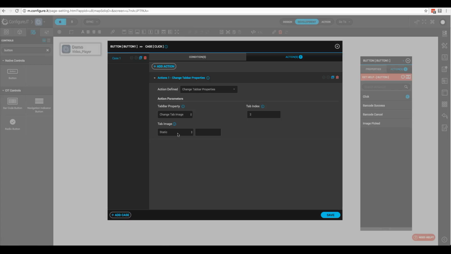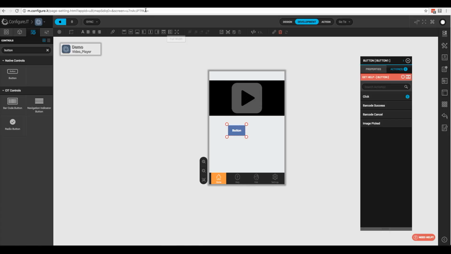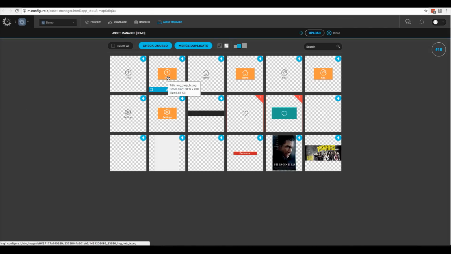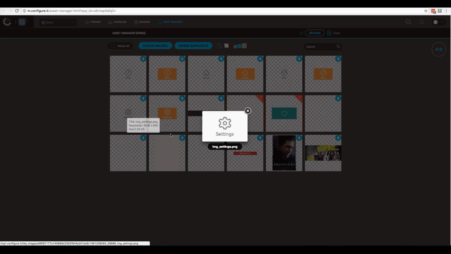Now the last one is the change tab image. And the change tab image does what it says it does. It changes the image of that tab. Now remember earlier when we were talking about pinning that _H, that's where this comes in very handy. Now let me show you. Now if we go back to our asset manager and we want to change that third image to settings, and if we click here on the normal image, which is the image that we want, so we want to copy that name,